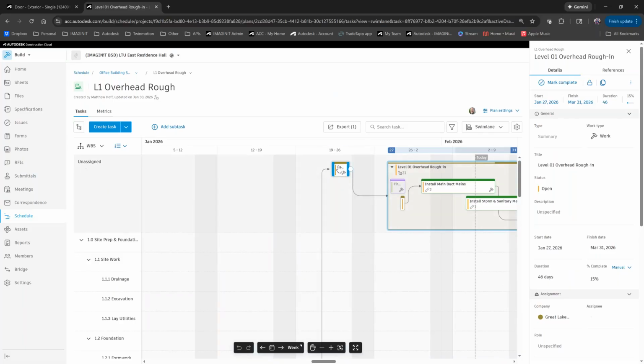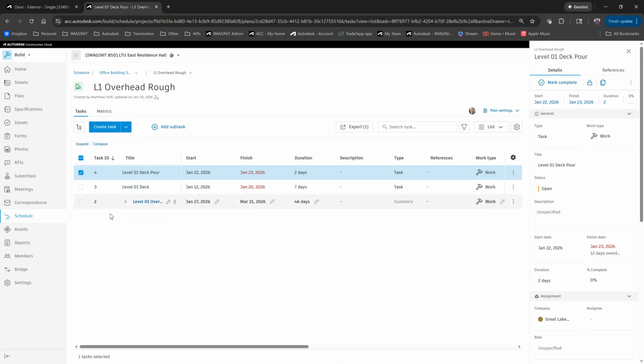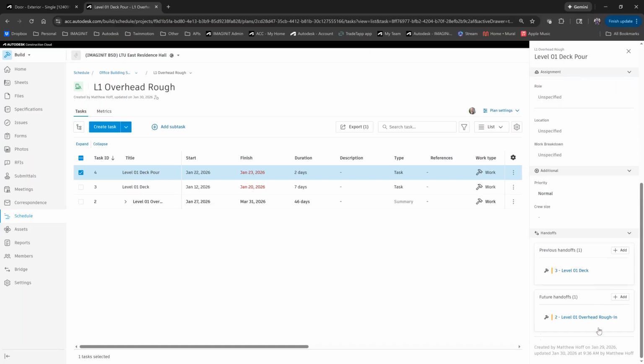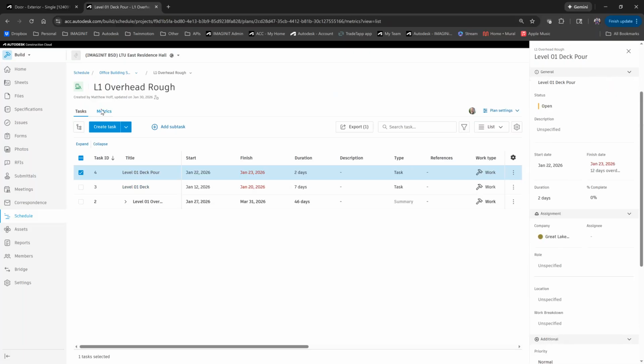But as we go through these different items and start to populate that information, it just organizes this view in a different way. And we can also switch from a swim lane view into a task view. And all of this stuff is connected to those task items in the work plan. So whether you're updating it through the list view or through the swim lane view, it doesn't matter. They're all the same data, same items that you're editing. And then we can view the handoffs, the successors, predecessors to those items. And furthermore,